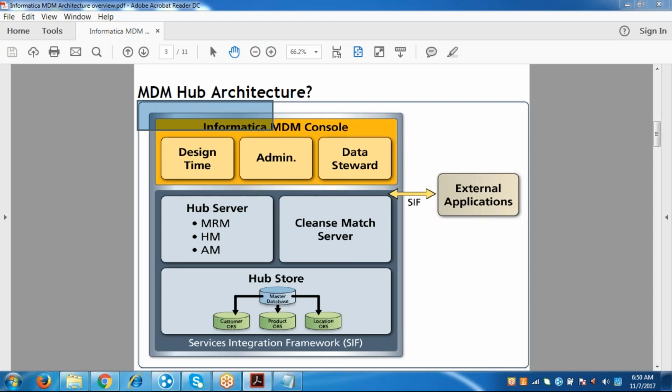And the top layer is called the UI layer. In this top layer, you have 2 client components. Most of the time, you'll be working with MDM Hub Console. After the code is developed, you configure the IDD app, which is a business monitoring tool, which runs on top of the MDM Hub Console. This is the